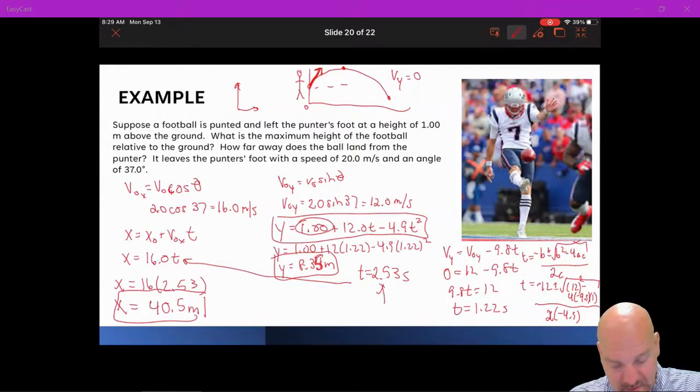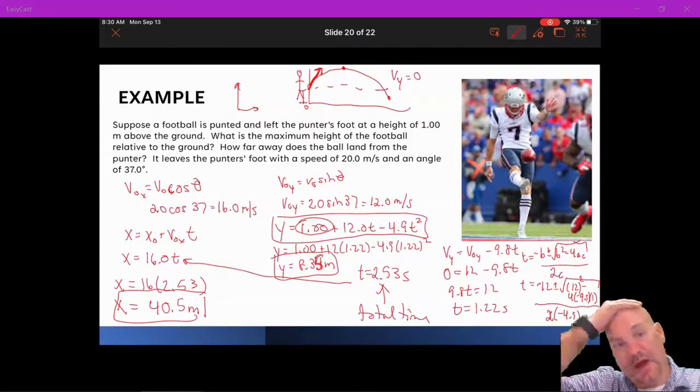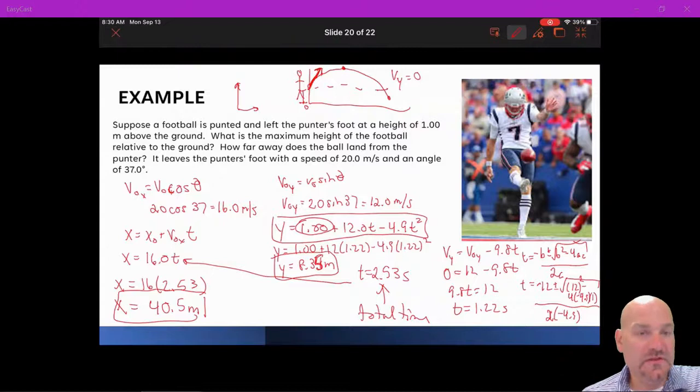So this time here is our total time. Last year, if it was AP Physics 1, you probably went from ground to ground. Here, note that we start a meter up, which is the reason why in our y equation we have the 1 plus number. Okay. So in the next video, we're going to look at relative motion and how that plays into our